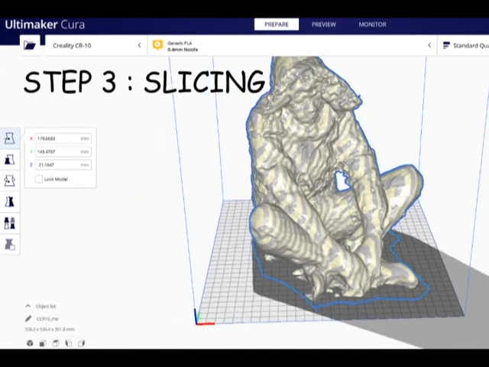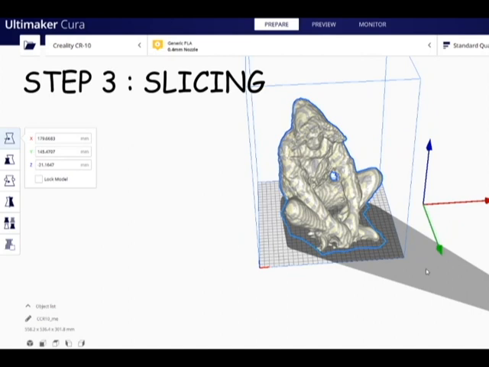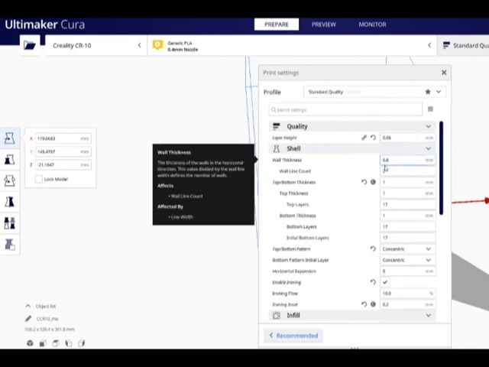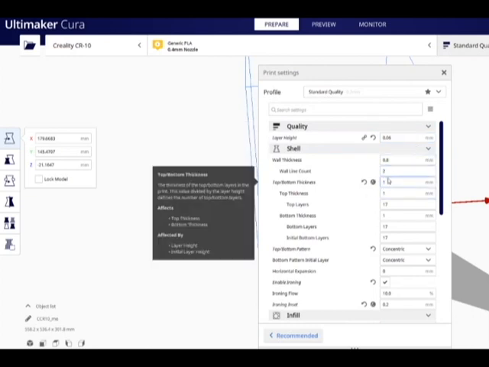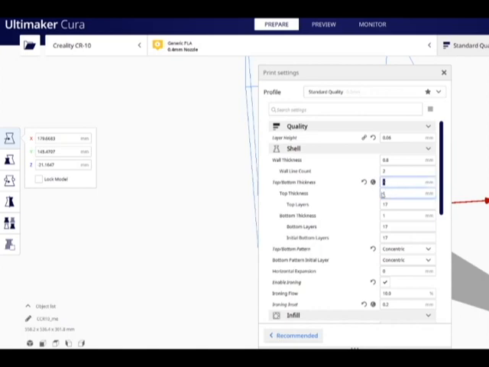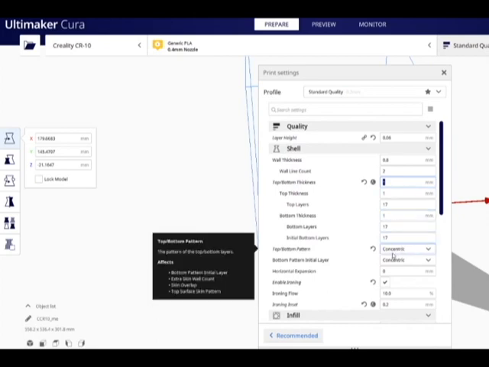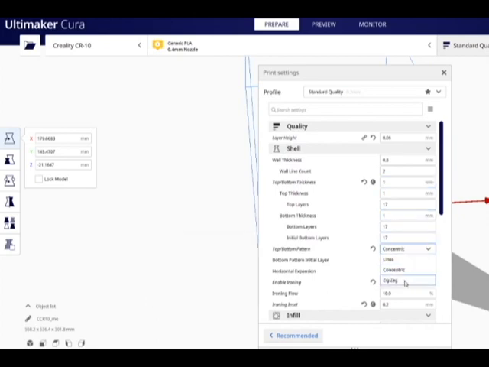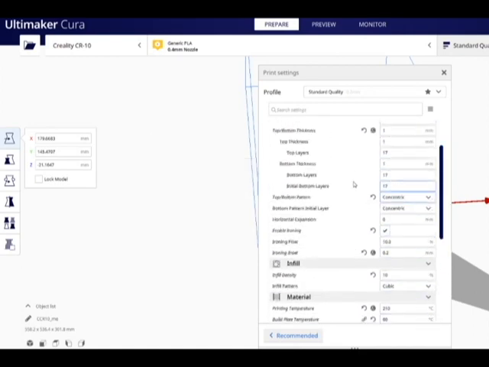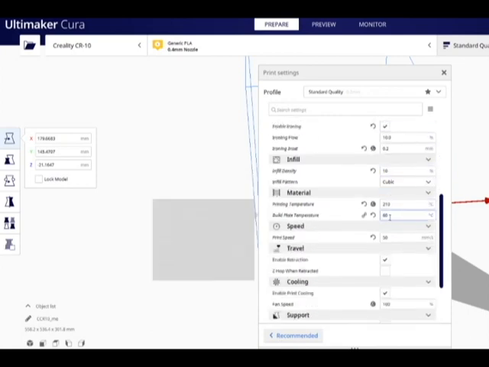From the build plate, it's almost filling it up. We go to layer height at 0.08 millimeter, the wall thickness 0.8, and the line count 2. The top thickness we use 1 millimeter. The top layer is 7 and the infill 10. We use concentric to make it really nice and fuzzy at the beginning and on the top.